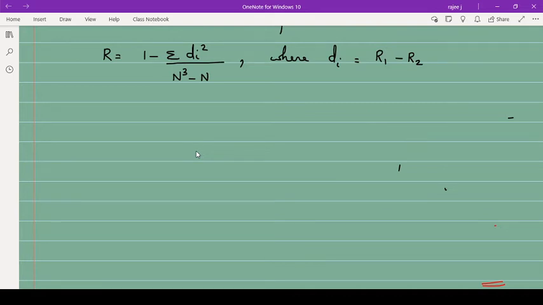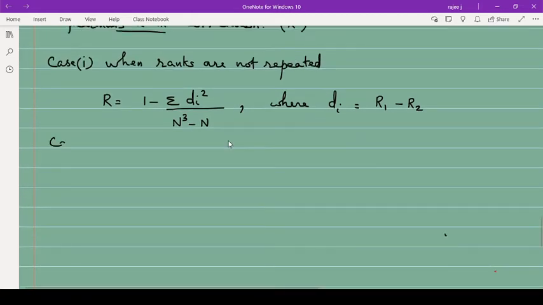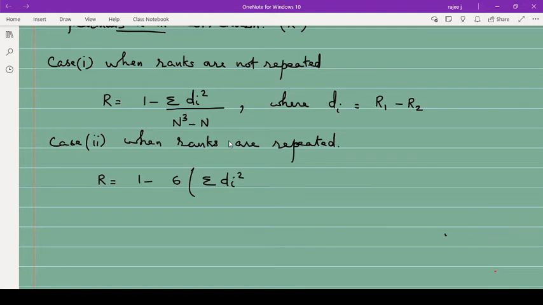Then secondly, case 2, when the ranks are repeated. When the ranks are repeated, in that case, capital R is given by 1 minus 6 into summation di square, plus 1 by 12